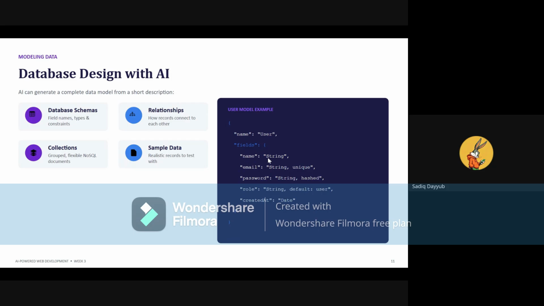The name is going to be of type string, which means it can only take a string. If I say string, it means a combination of alphabet and numbers. If you say number, it's going to be just a number, like 1029, something like that. Email is going to be a string, a combination of alphabet and numbers, and unique, which means